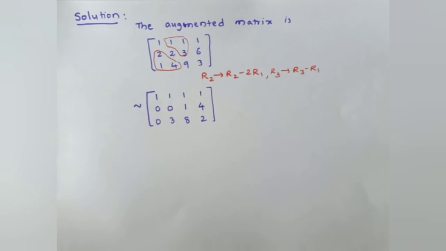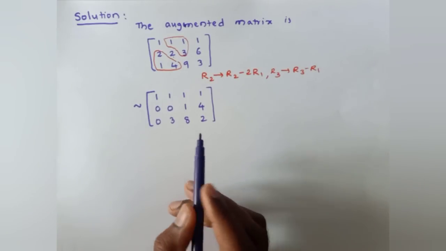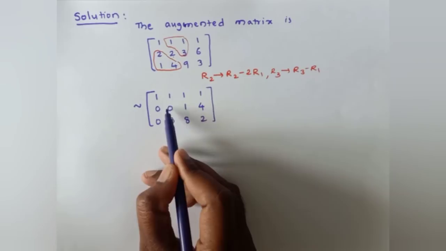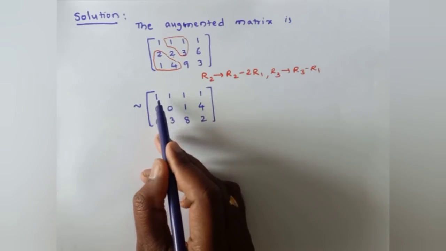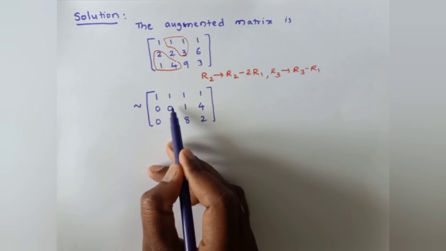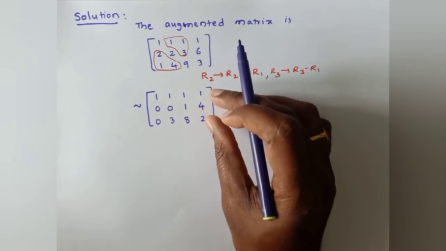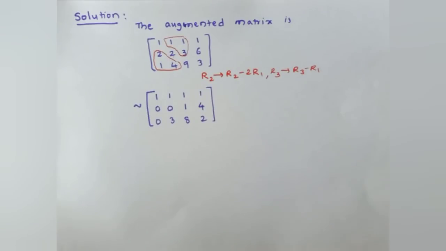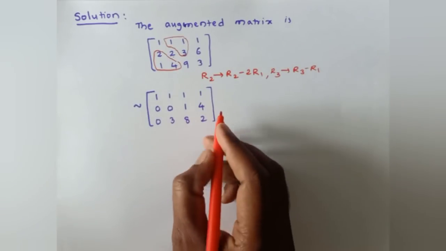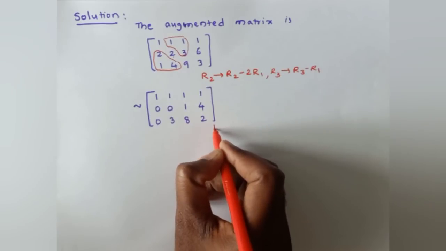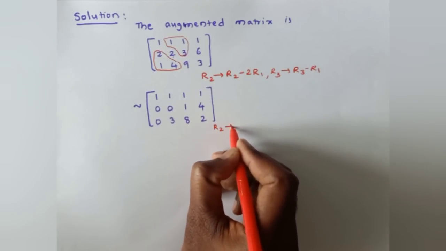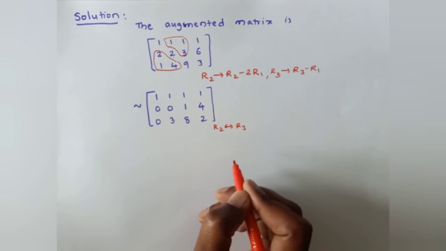Right. So the first step is done. Now while doing the second step, we need 1 here in this diagonal, A11, and this is A22. So the A22 element needs to become 1. For that, just interchange these two. Here I am interchanging these two, so that R2 is interchanging to R3.